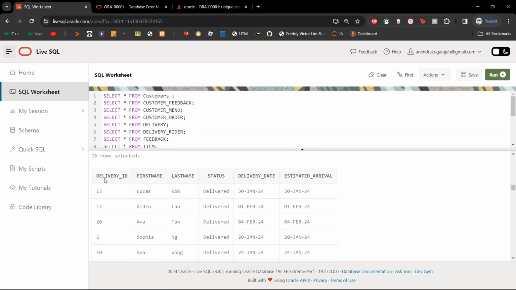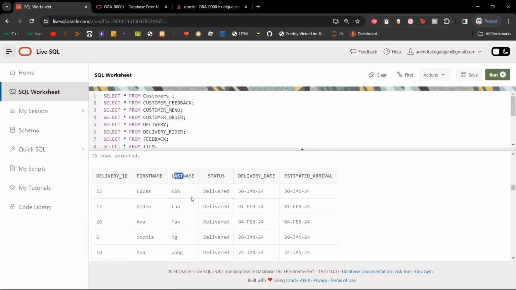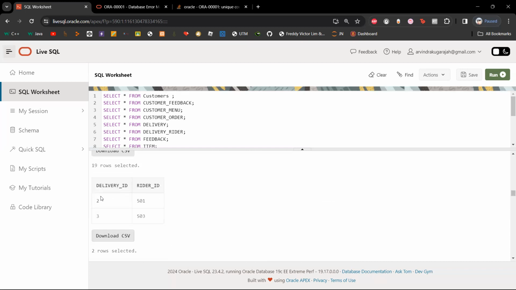And then below that, we have the delivery table, which shows the delivery ID, the first and last name of the person in charge of the delivery, the status of the delivery itself, either pending or delivered, the delivery date, and estimated arrival if the delivery still hasn't been made yet. And here's the delivery rider table, which shows the rider and deliveries,